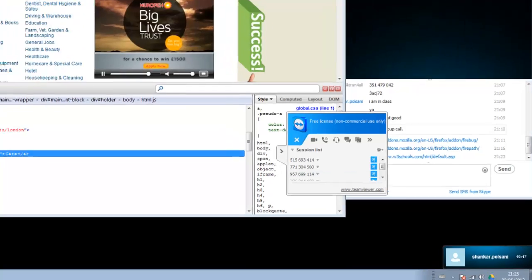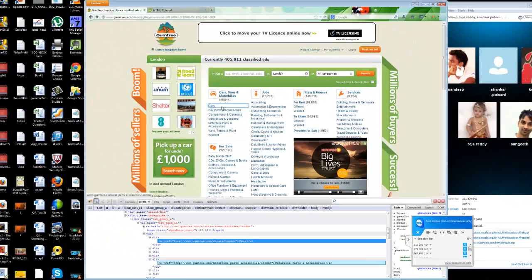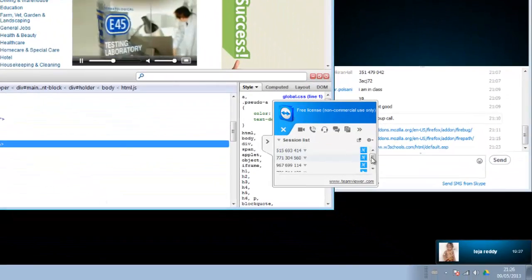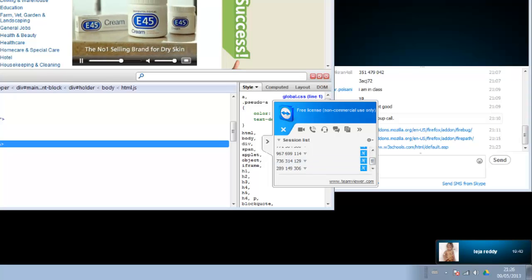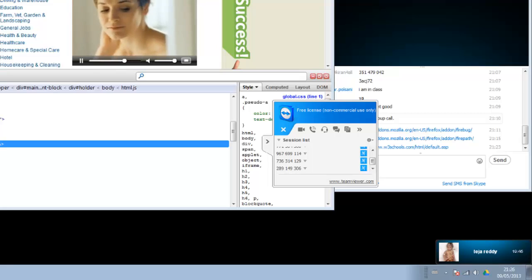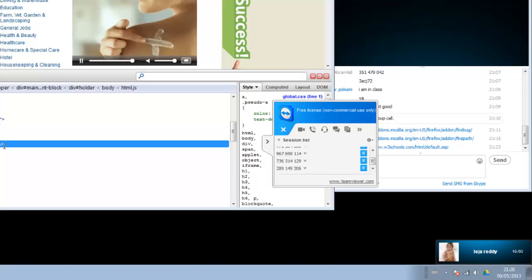Right. So what I did is, I took this rectangle and clicked on this cars. Then it says a href is equal to some Gumtree cars, London cars. What is that a href? Teja, what does a href stand for? No, headings is H1. A stands for anchor. Anchor is nothing but a link. These are all links. So it starts with A and ends with /A.